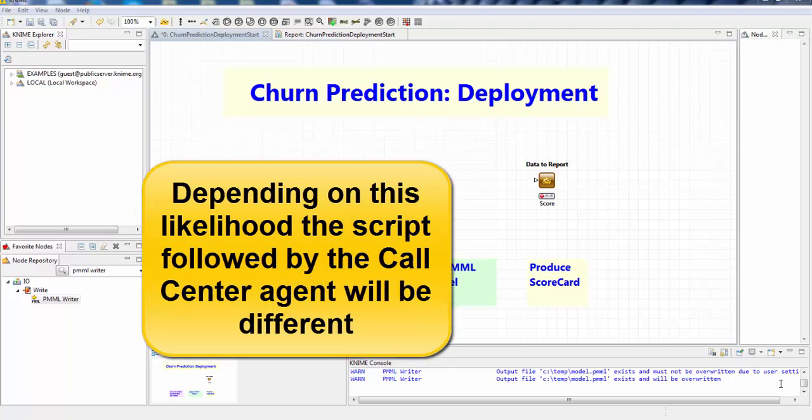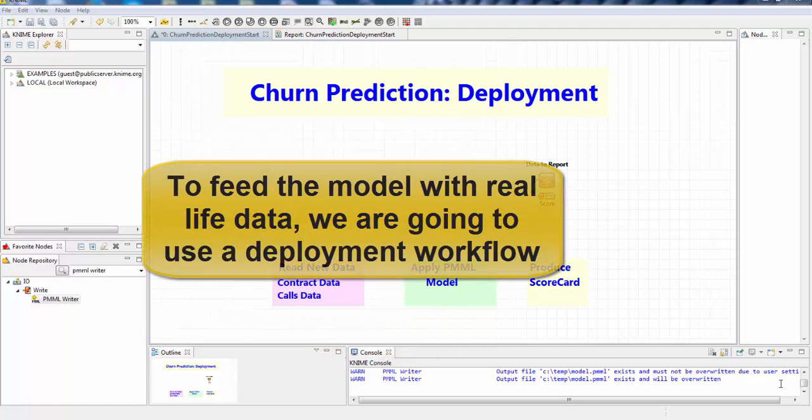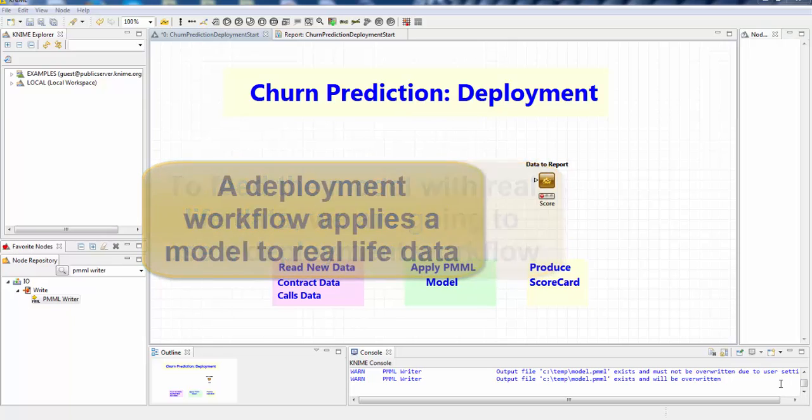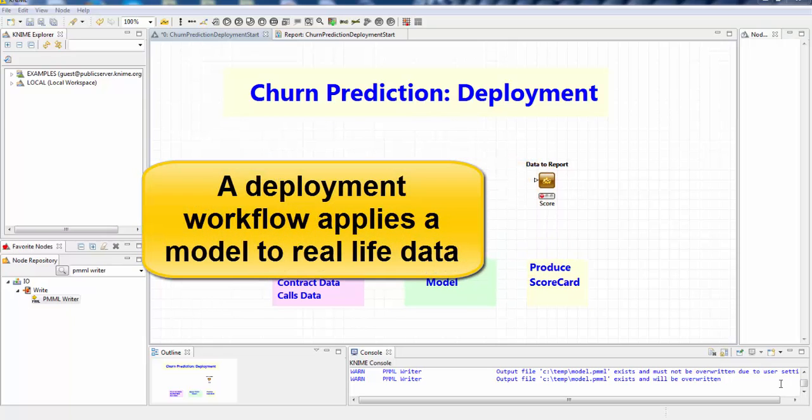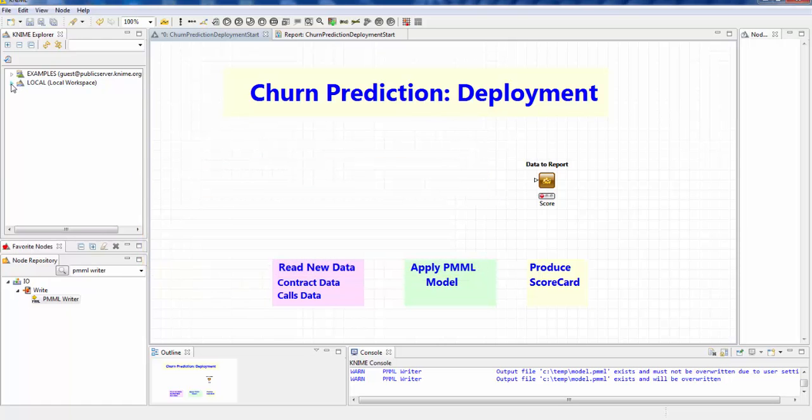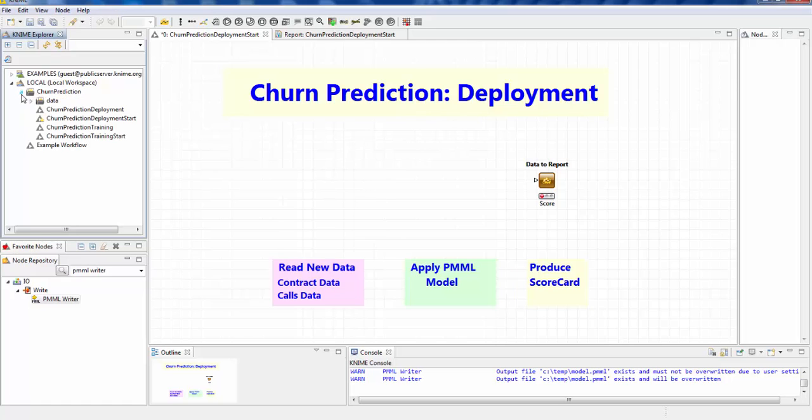Depending on how high this likelihood of churning is, the script that the call center agent is going to follow will be different. To feed the model with the real-life data, we are going to use a different workflow, which is called a deployment workflow. A deployment workflow is a workflow that applies a model to real-life data. Okay, so the first thing to do then is to